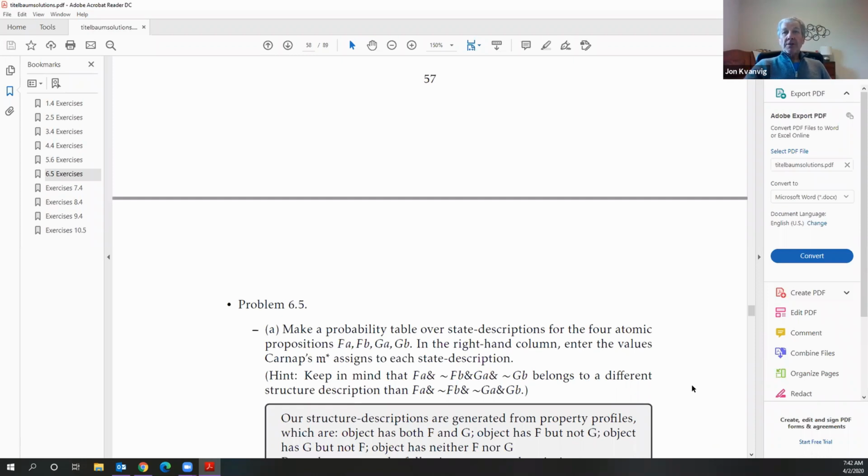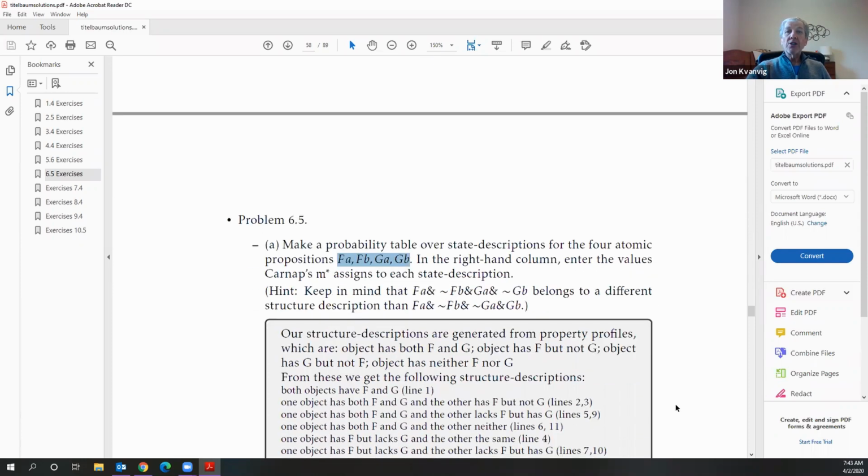Structure descriptions are generated from property profiles, and for a language that has just 2 constants and 2 predicate letters, there are going to be 4 property profiles. An object has both of the properties. It has the first but not the second. It has the second but not the first, or it has neither. So there are 4 property profiles. And then for 2 objects, you get the following